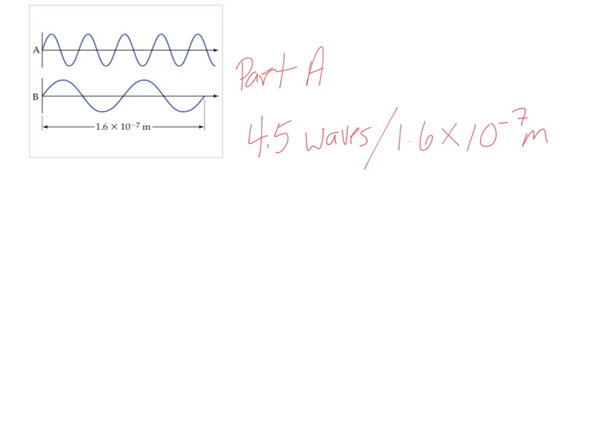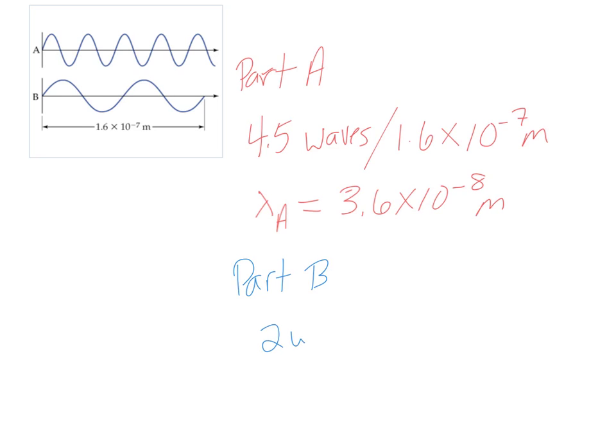And those 4.5 waves fit into a space of 1.6 times 10 to the negative 7th meters. So 1.6 times 10 to the minus 7 divided by the number of waves gives you the number of meters per wave, and that's the wavelength. You'll do the same thing for B,